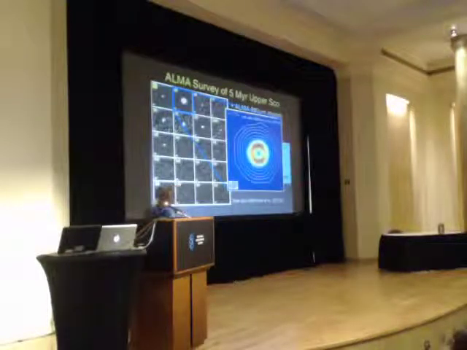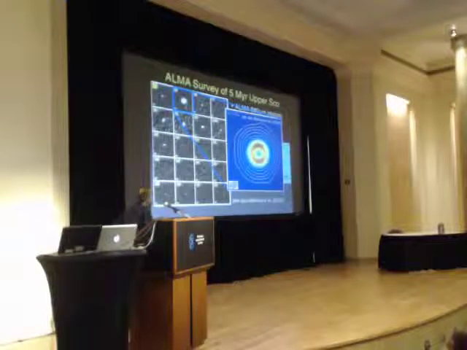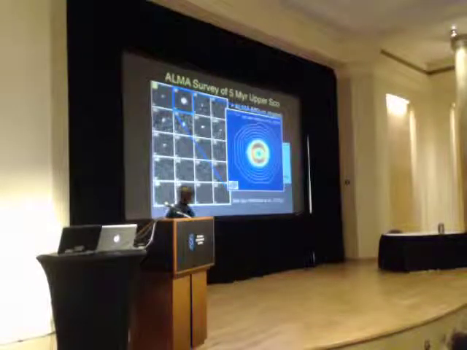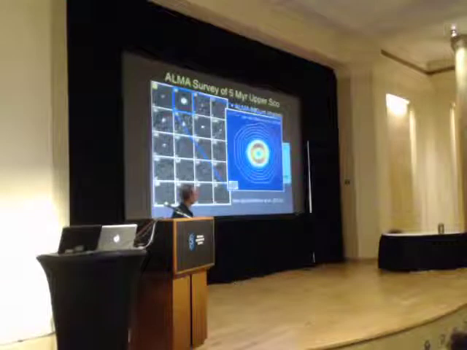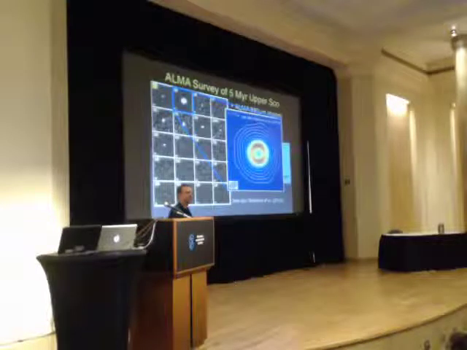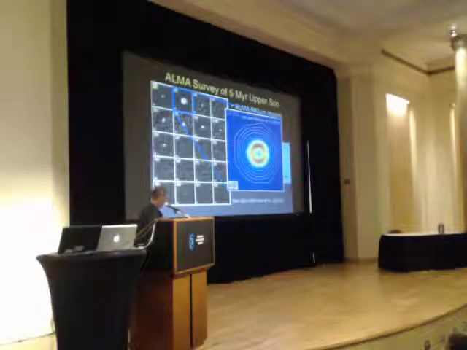Before I go on, I think these grayscale images don't do justice to the data. This source in particular is actually rescaled. The color is the dust continuum, and it's showing the very nice transition disk. The contours are the CO emission for 3 to 2, really showing the extension of the gas around. And this is like 4 minutes' worth of data. It's absolutely ridiculous what ALMA can do. And this is only with like 16 antennas, not even the full 50. So it's amazing what ALMA can do.